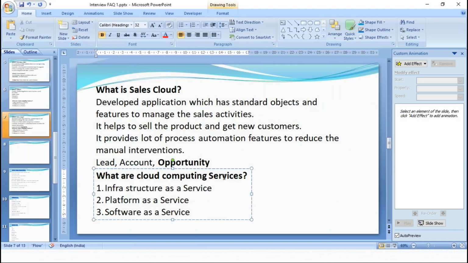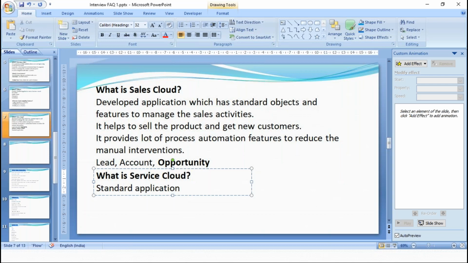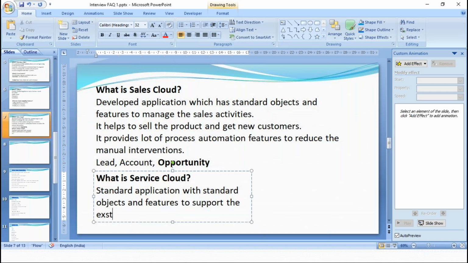I believe the next question is Service Cloud. The Service Cloud is again a developed application, or you can say a standard application, with standard objects and features to manage and support existing customers.